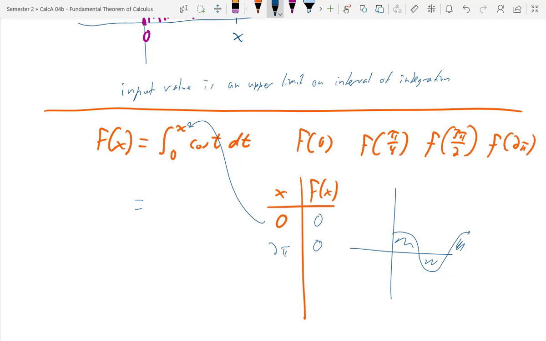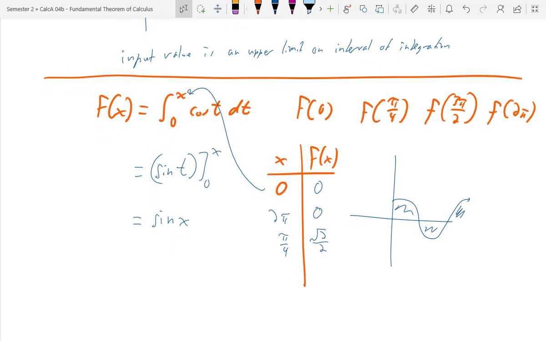The integral of cosine of t is the sine of t. And that's going to be evaluated from 0 to t. So my capital F of x is actually just equal to the sine of x. It's technically the sine of x minus the sine of 0, but the sine of 0 is 0. So I get this value of the sine of x. And then we can do the other two. Pi over 4 is the sine of pi over 4, which is root 2 over 2. And the sine of 3 pi over 2 is